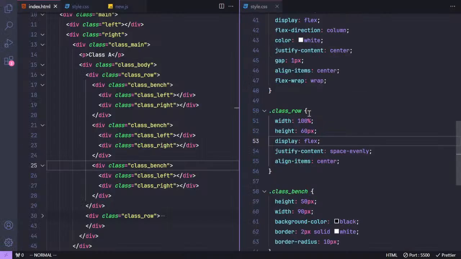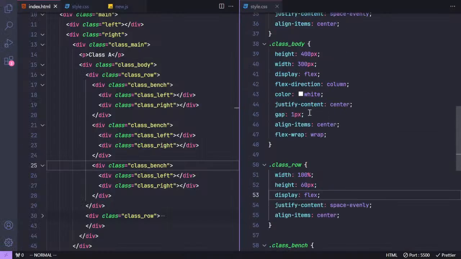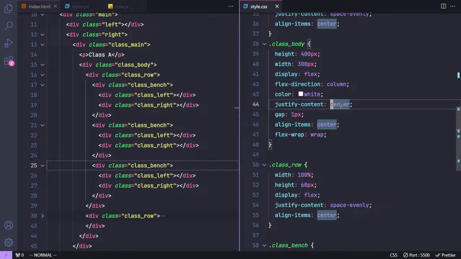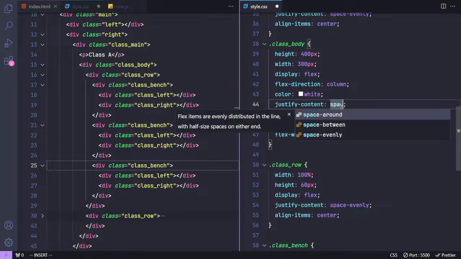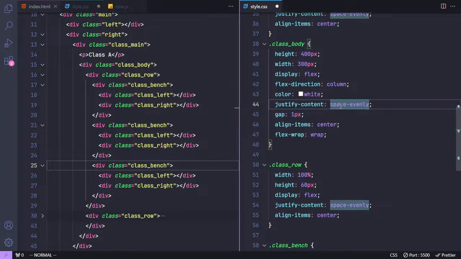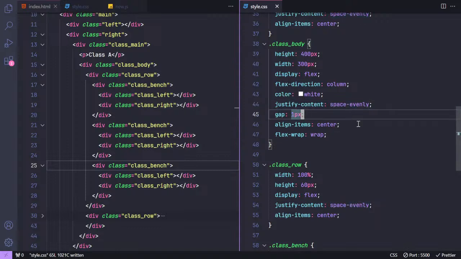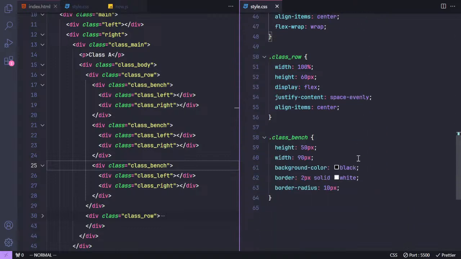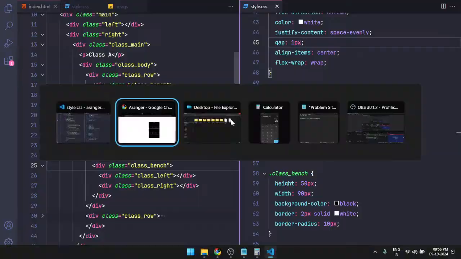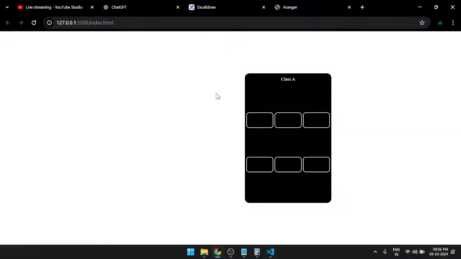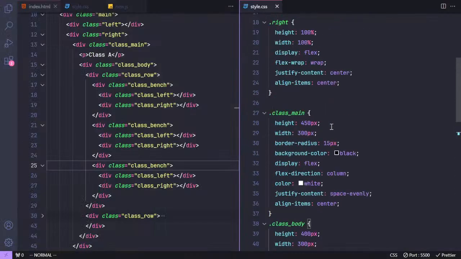It's centered. I want it to be justified. Space evenly. Yeah, I want it to be like this. Gap of 1 pixel. Oh my god. So we have the things that we wanted. We'll probably add something so that we have a